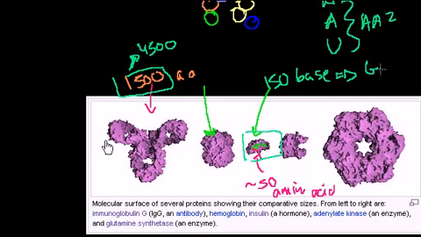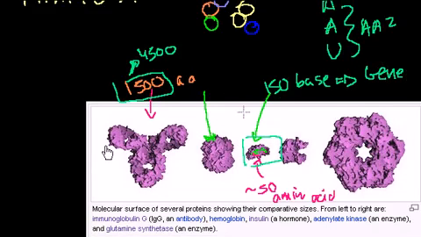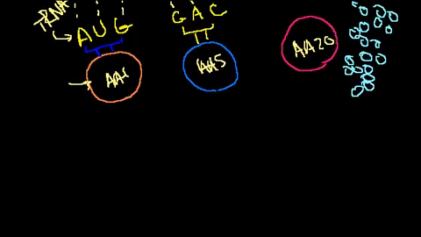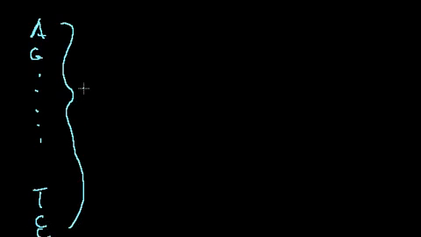a gene. And these 4,500 base pairs make up another gene. Now, not all of the genes make proteins, but all of the proteins are made by genes. So let's say I have a bunch of A, G, and it goes down, down, down, and you have a T and then a C and a C, and let's say I have 4,500 of these. These could code for a protein,